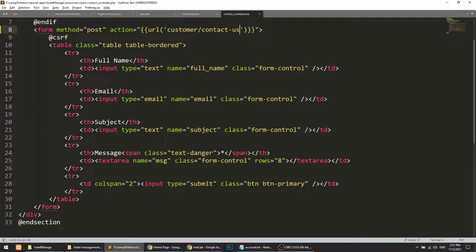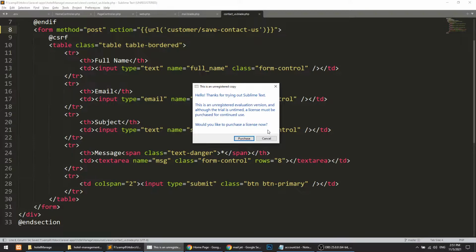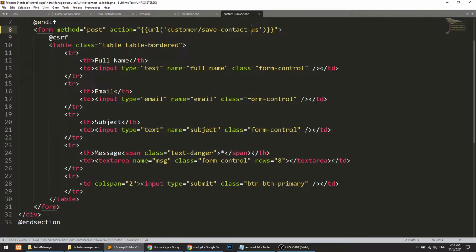In the testimonial form only the message field is showing. So this is the contact us save route. Full name, email, subject, message, and everything is all right.